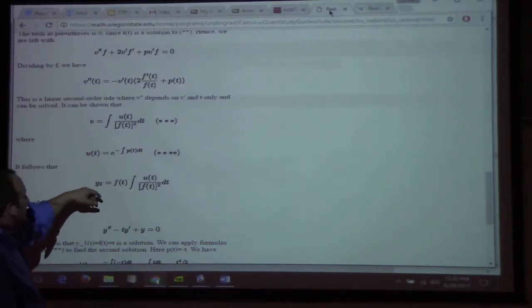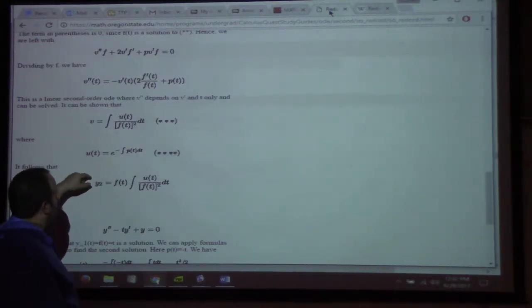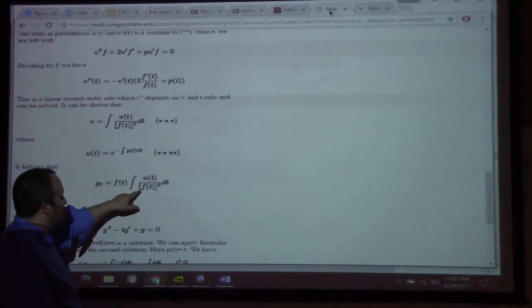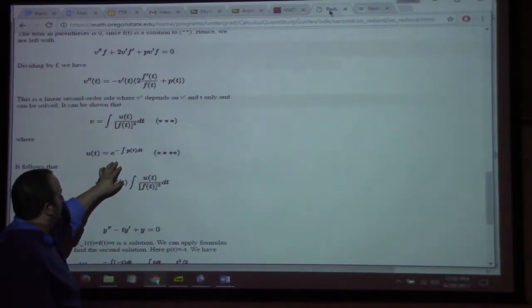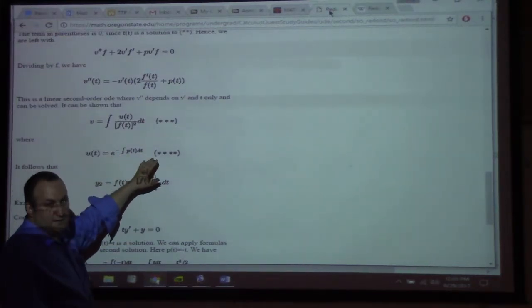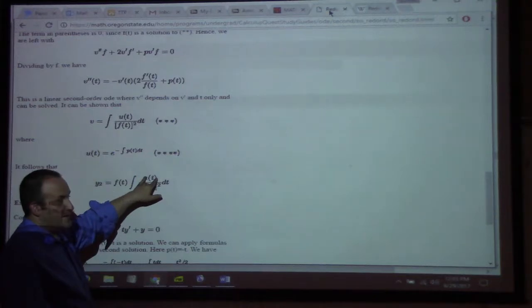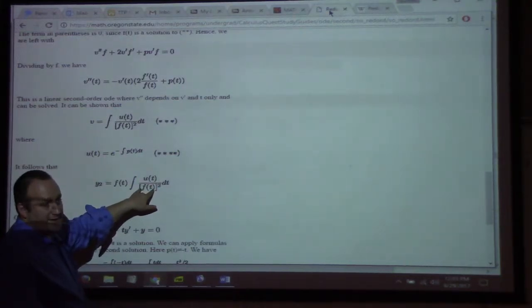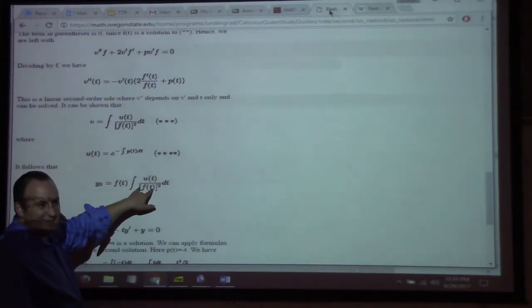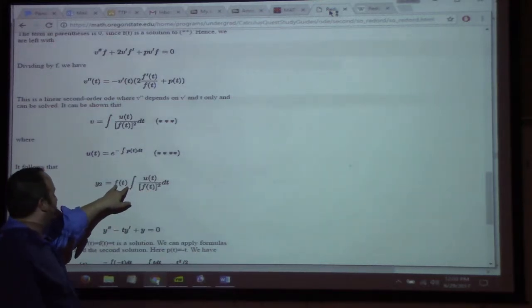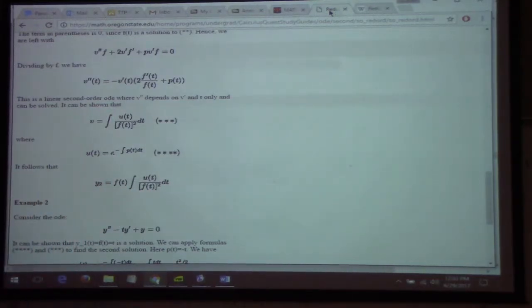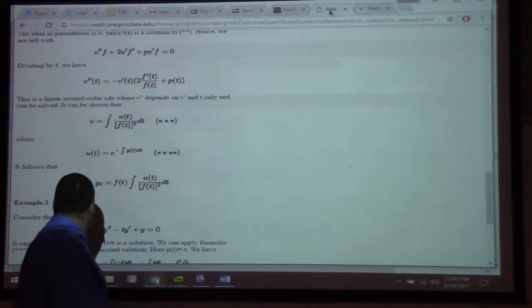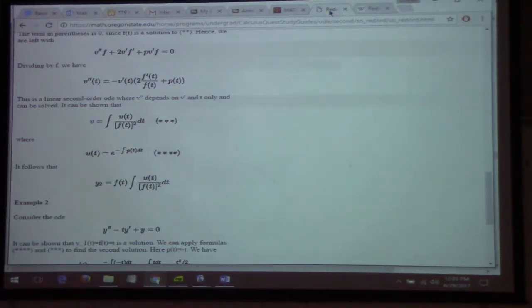If you fiddle around with the exponent, you can write it as the integral of e to the minus integral of p dt from the differential equation, and then divided by the given solution squared, and f of t. So like an application of this equation,